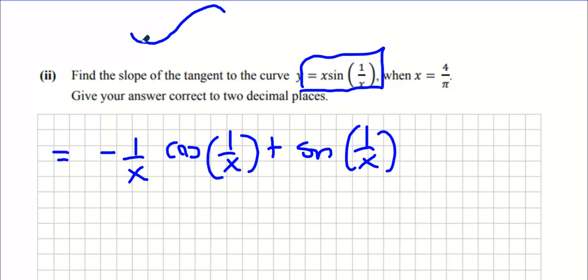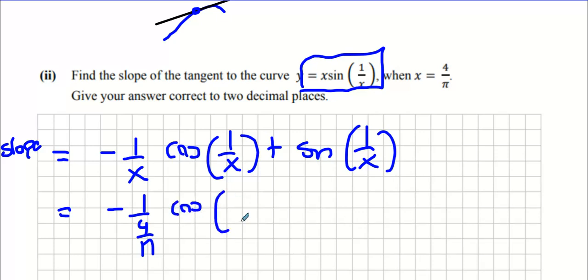And what's a tangent mean again? Line that hits it only once. And at that point, the first derivative is the slope of that line. Would you agree with that? So that's the first derivative, which is actually the slope. And what do we need to sub in as the x value? Pi over 4. Now, since we're dealing with pi over 4,